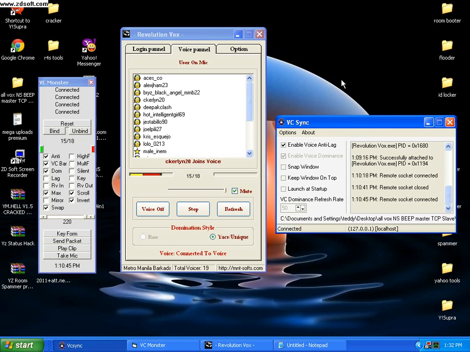So what I'm saying here is the tutorial is good, and you can use BC Monster and BC Syncs in the Revolution Box. This is original, made by me again. Original made by Unamas tutorial. Revolution Box plus BC Sync plus TCP BC Monster. So guys, tutorial is good. You can do this, and I hope you do like my tutorial in YouTube video.